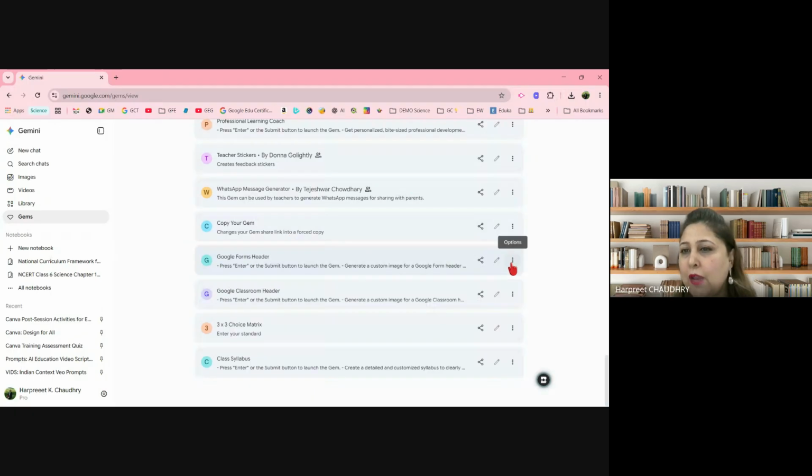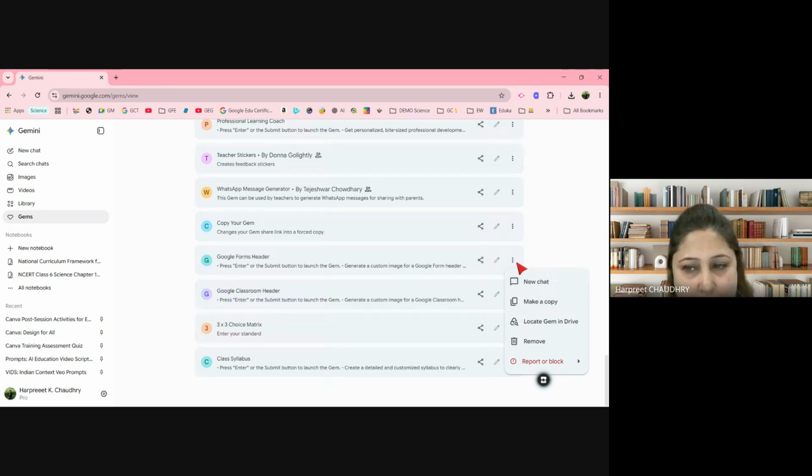I will be clicking on this and the three dots, which we call the snowman. And we are going to have a new pop-up that says new chat. So you can directly start interacting with this gem, or you can make a copy. The moment you click on making a copy with the link anybody has shared with you, now it becomes your own gem. And there you can tweak it. You can add your instructions, edit the basic instructions of the gem, what you wanted to give. And this is where you'll be able to do this using make a copy.